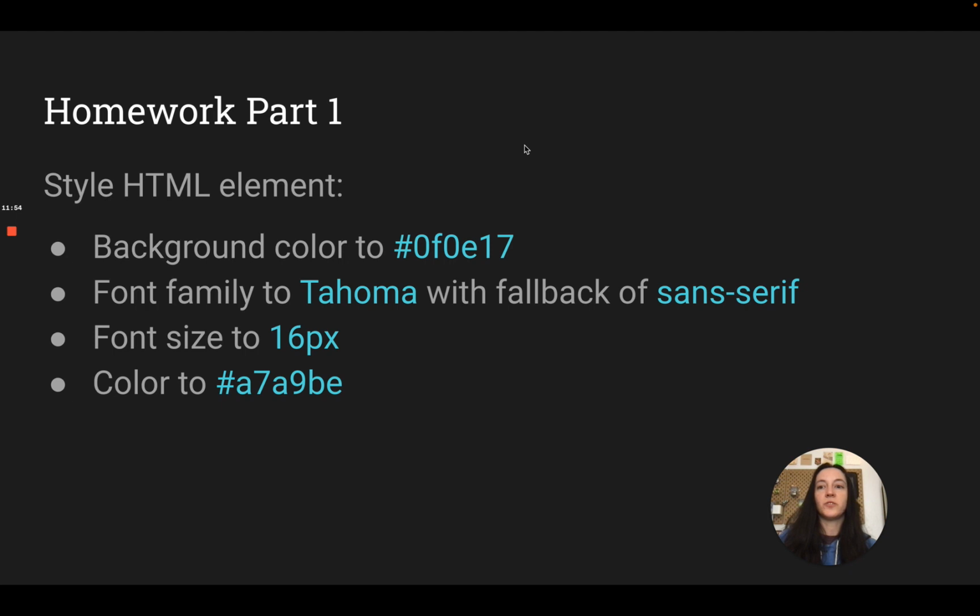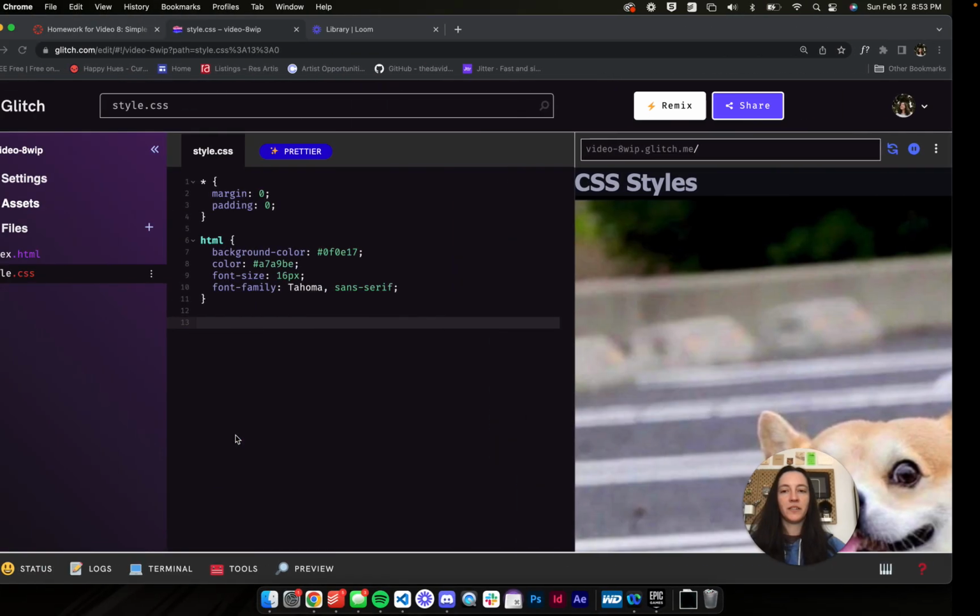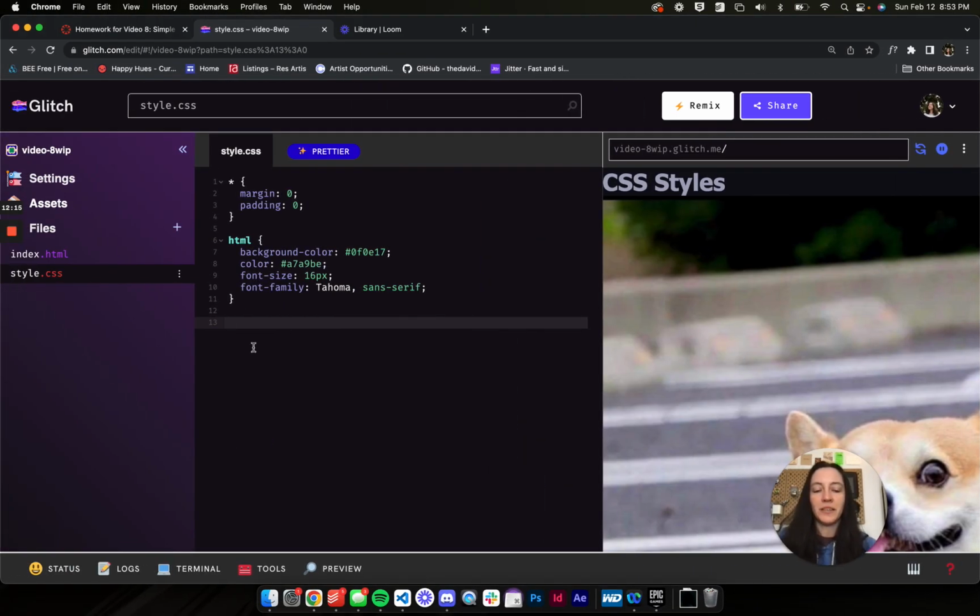Okay, so part 2. We're going to change the H1. So we're going to make it a bit bigger. We're going to change up its color so it has more contrast and it stands out more. We're going to make it all uppercase and bold, again for hierarchy, and we're going to put it in the center. So to do that, I'm going to select my H1,